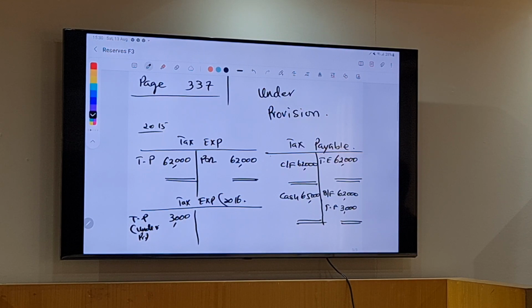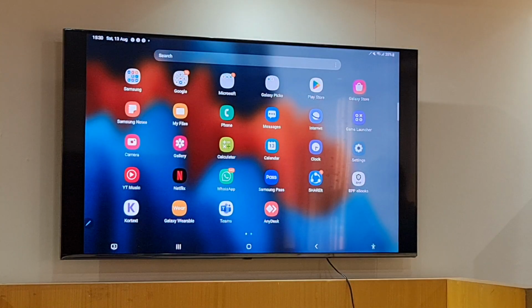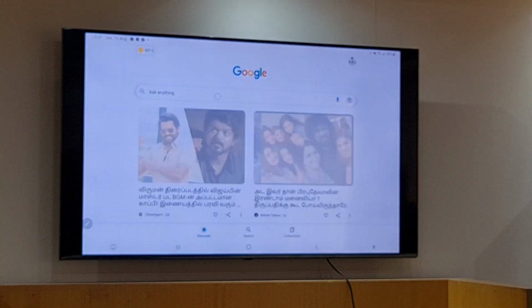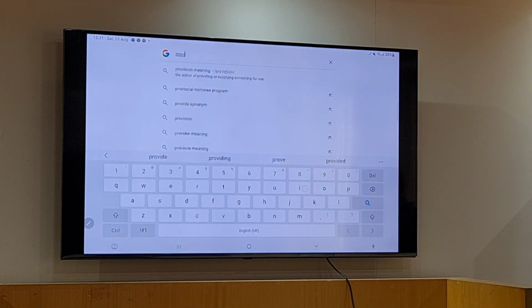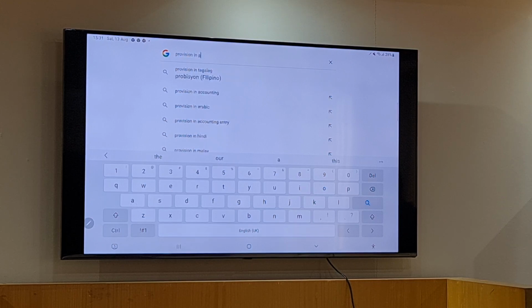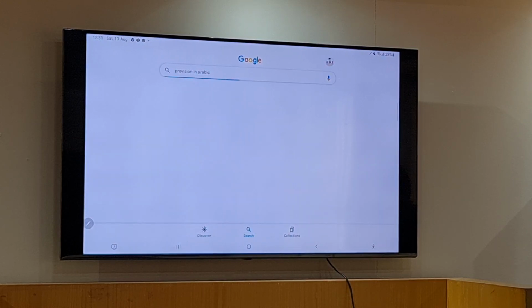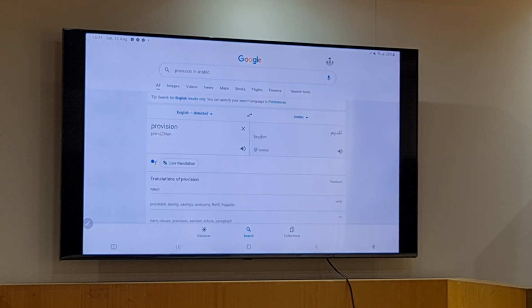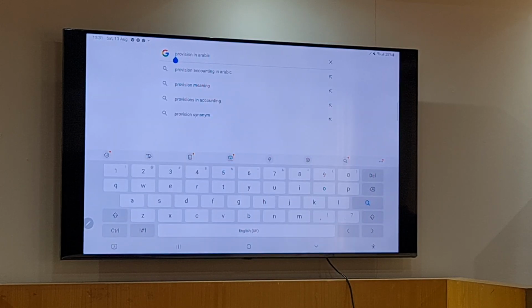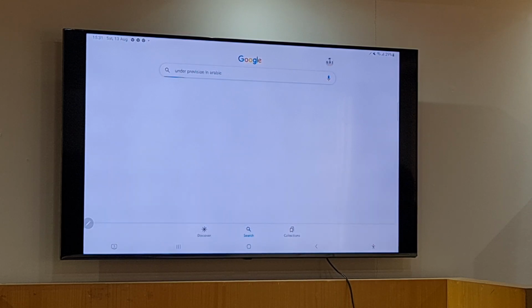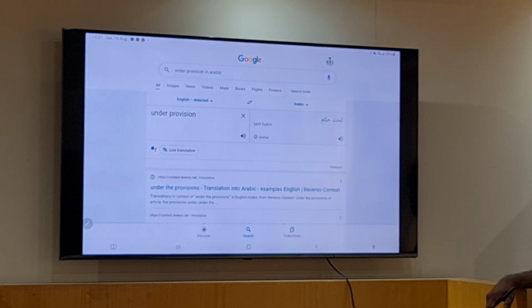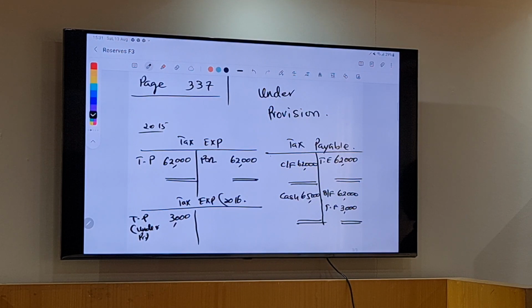What do you call it in Arabic? No idea? Translate, translate. This is provision. So under provision, then you have to add that word. Something different, less. Clear? Now,